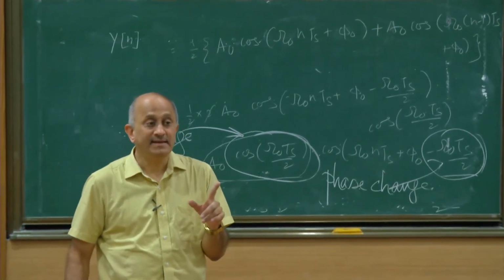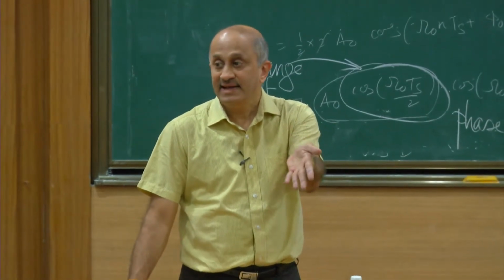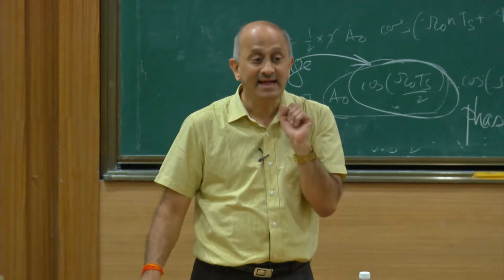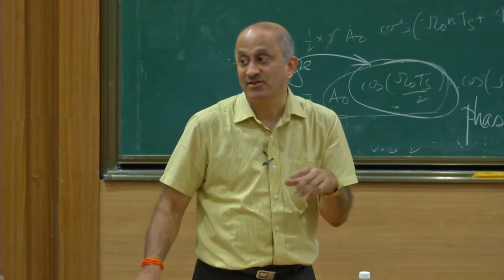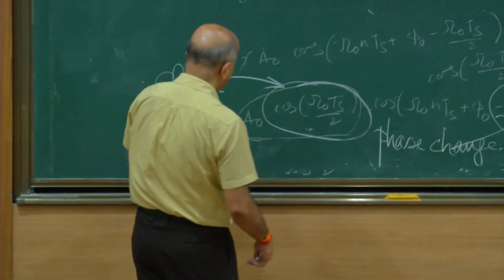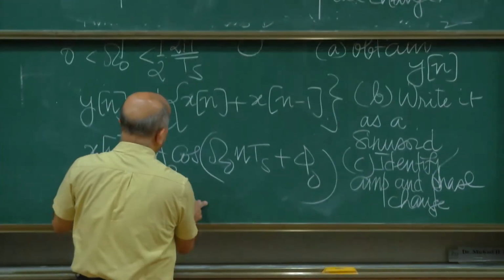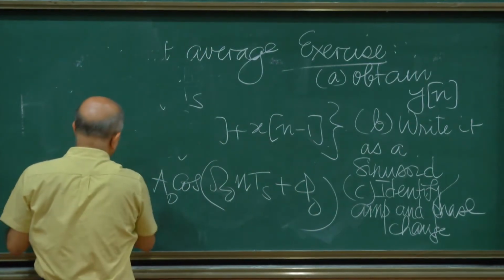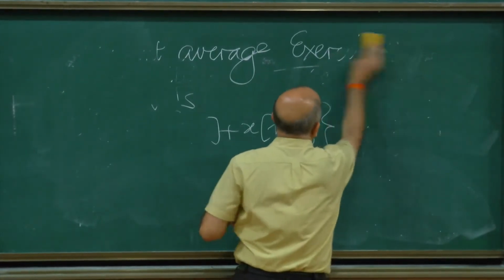This system has an interesting property. When you give a sinusoid to it, it gives you a sinusoid of the same frequency. That's one thing, isn't it? Secondly, it changes the amplitude and the phase of the sinusoid in a particular way. Let's understand what change of amplitude and phase has occurred. So we'll hold that there. So we have the change of amplitude and phase. Now how has the change of amplitude and phase occurred? Let's sketch it.